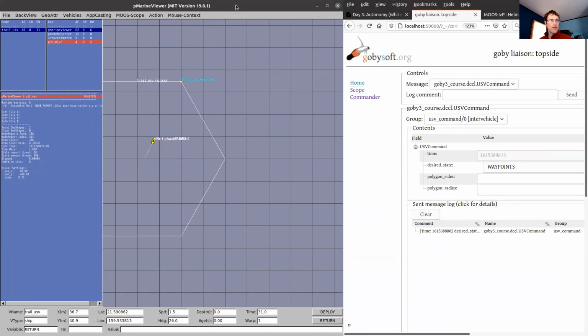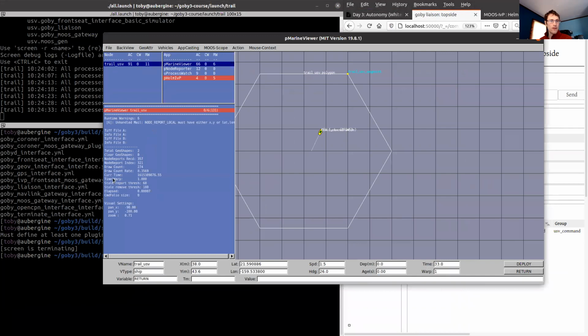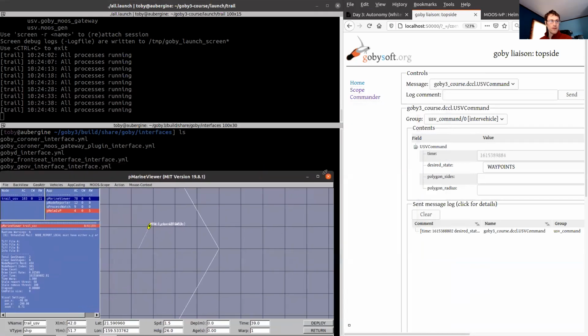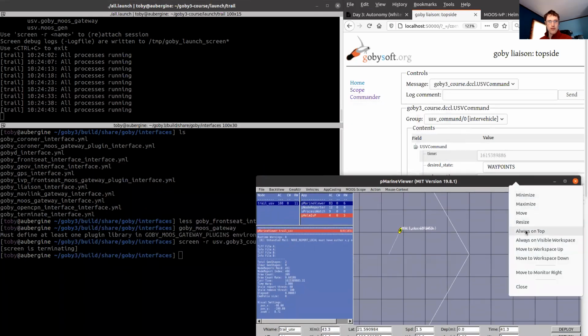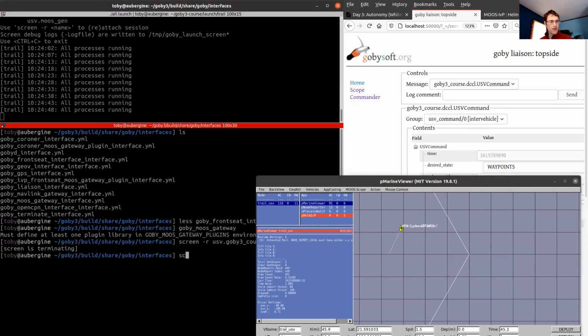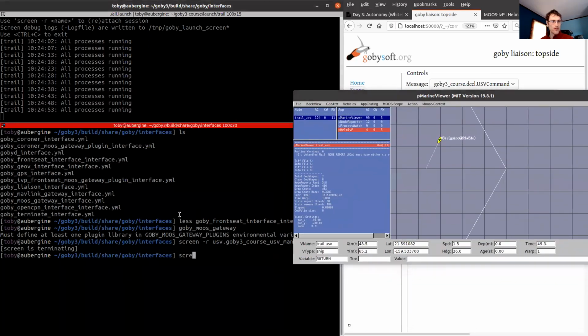While we're doing that, we might as well also take a look at the screen for USV Goby Moose Gateway.